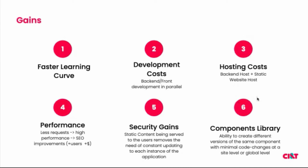And by having Storybook, we can create different versions of the same component with minimal code change. And it can be done at the global level or at the site level. For example, here for the card again, in site one, we decided to have all the available features in the card and get this dynamically from the CMS. So we decided to get the footer, the button, the image position, everything from the CMS. In site 2, we decided not to have the option for this footer and the position of the image. So we changed this only at the site level,